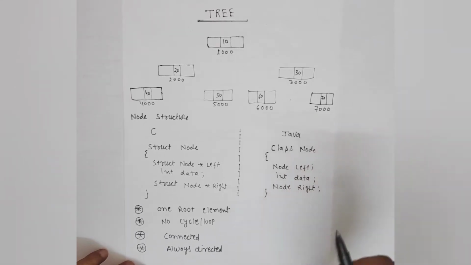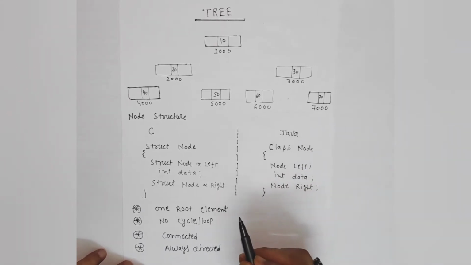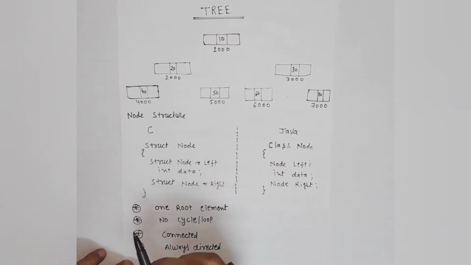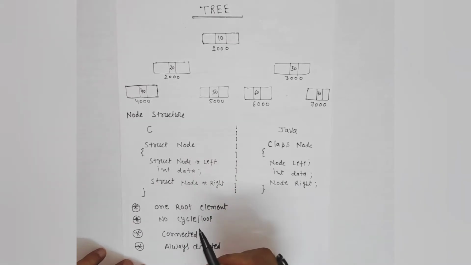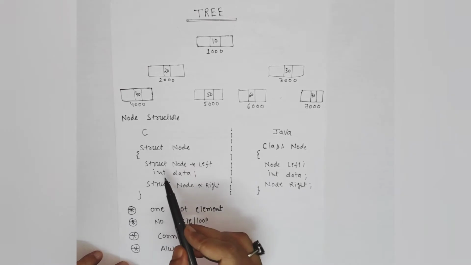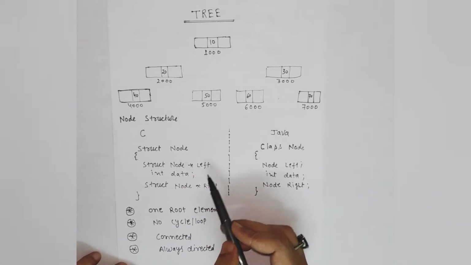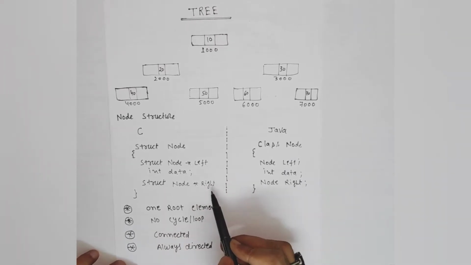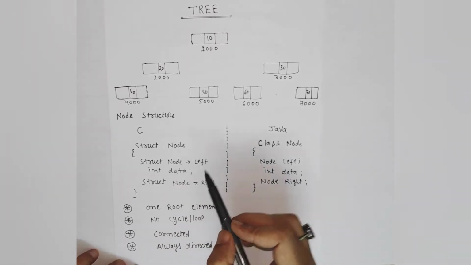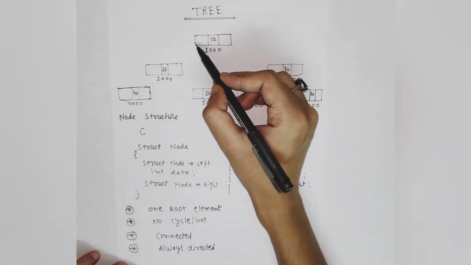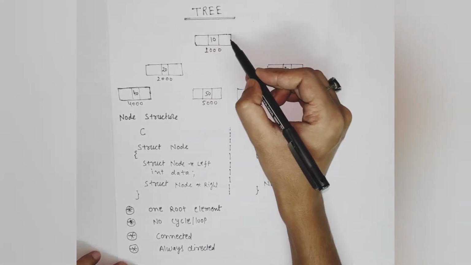Now let's start. Now let's see what is tree. It is very similar to the linked list that we have seen already. First we will see the node structure in C and Java. So now let's see the node structure in C. Here you can see I have defined one node class and we have taken one left pointer. After that we have taken one data part and we have taken our right pointer. If I draw a node, then it will look like this. Here we have already filled the data, and it has the left pointer and the right pointer.